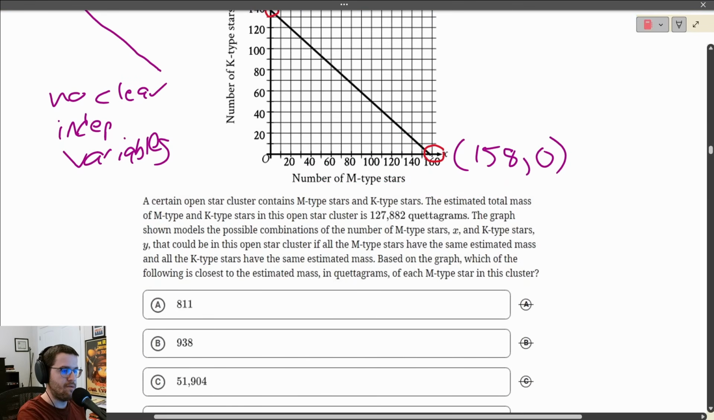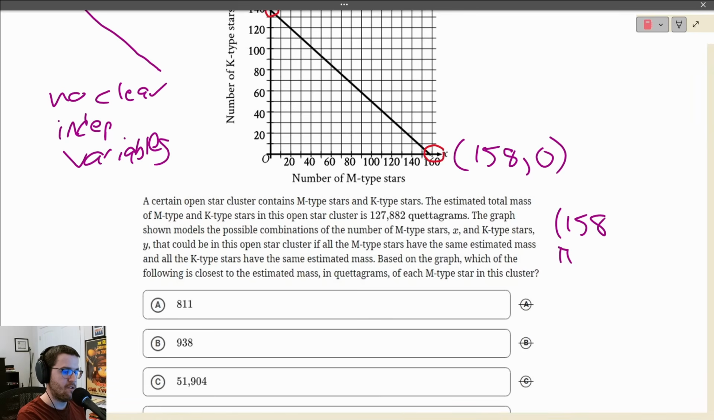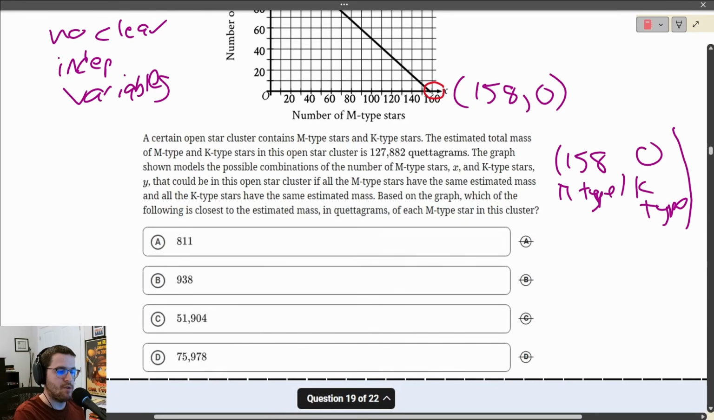So we've got 158 M-type stars, and 0, that's what the y means. The y is the K-type, so 0 K-type. And now we're basically done. So the question says